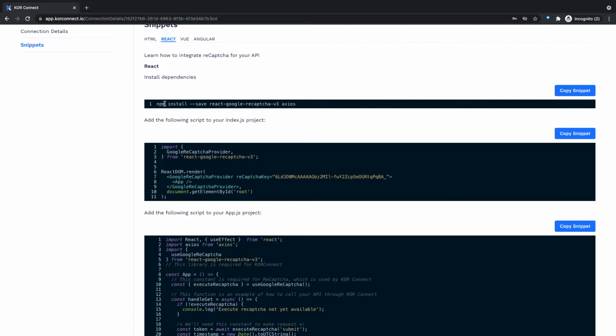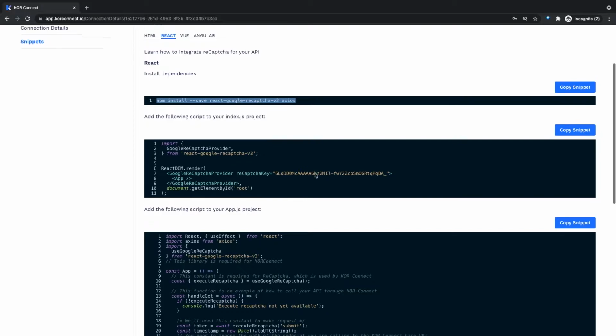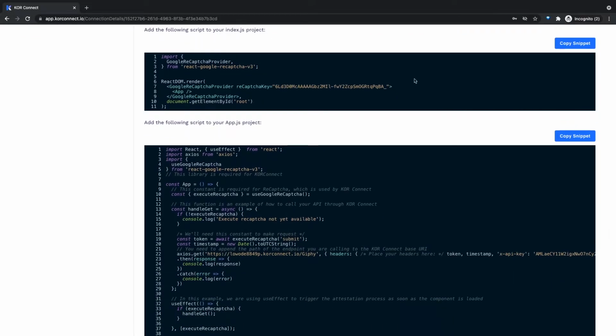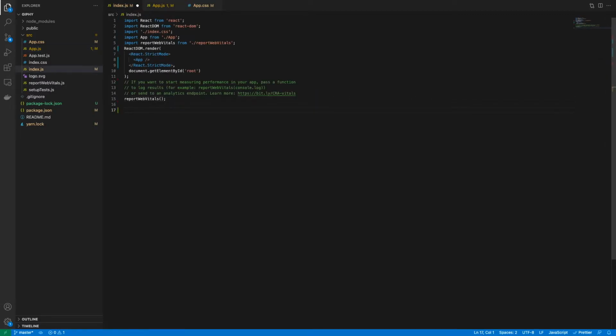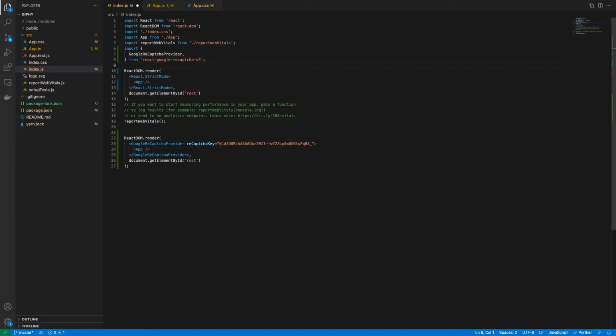The first step is to install all the dependencies. I already have these dependencies installed in my project, so I'll skip this one. Let's move to the index.js. This is pretty much setting up reCAPTCHA. So let's copy that part and let's move over to our code. Now, reCAPTCHA is used because KOR Connect uses it as an attestation provider. This and other validations are made to keep your connection secure, to keep your front end being the only one that can call the endpoint,